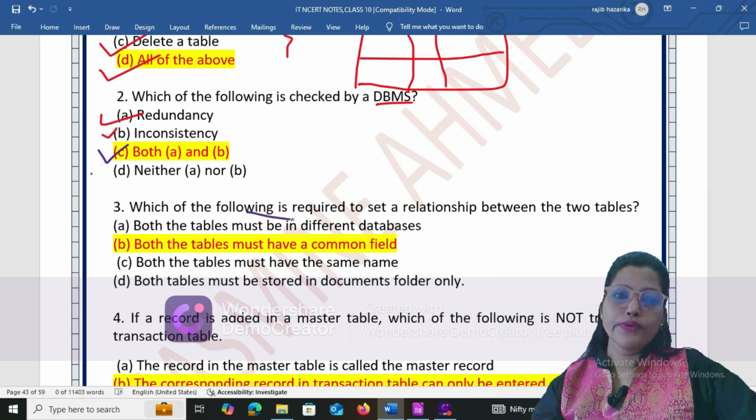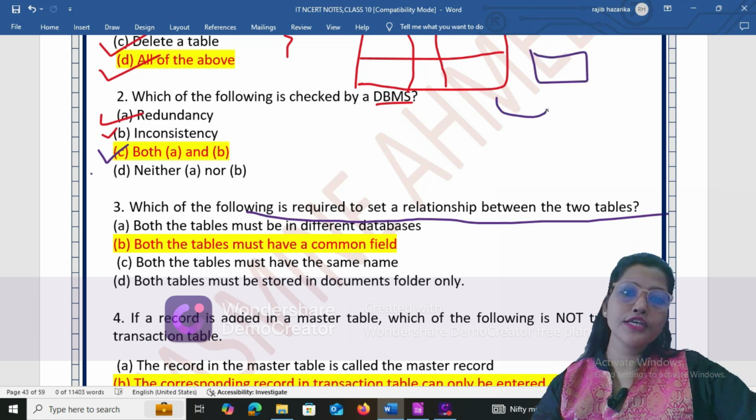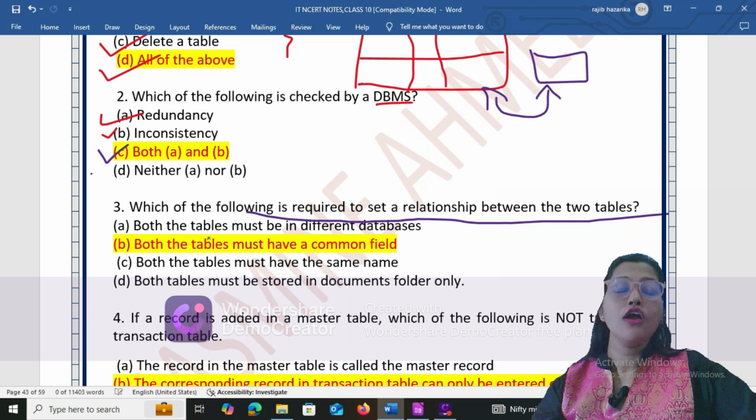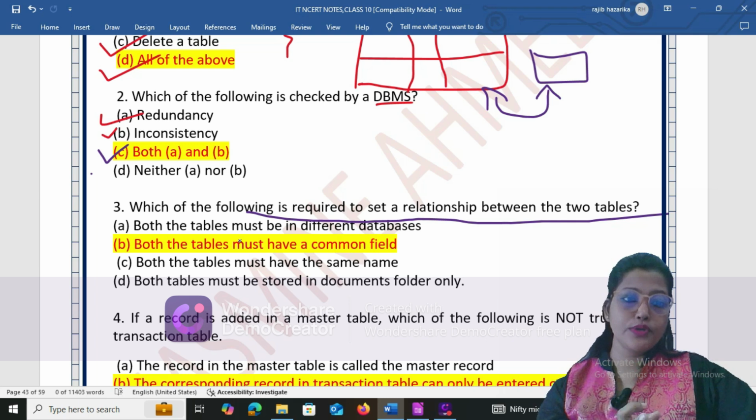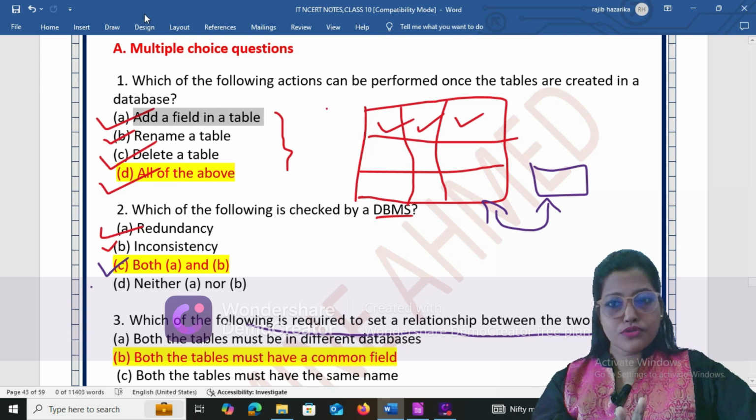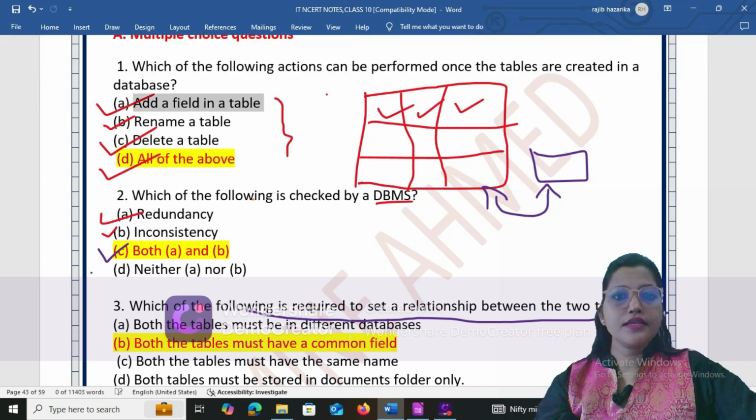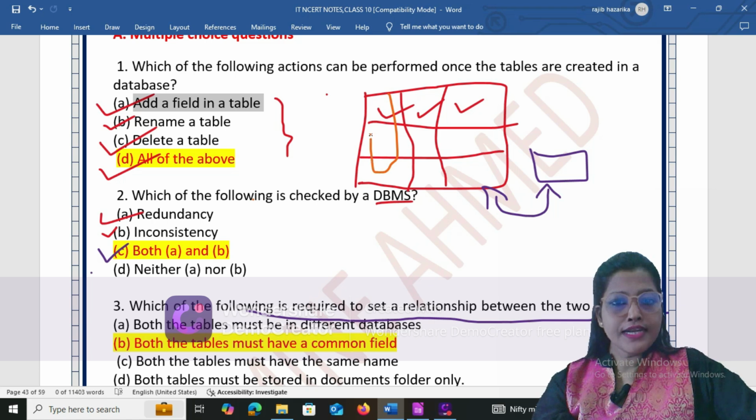Then which of the following is required to set a relationship between two tables? So this is a table, this is another table. If you want to set a relationship between these tables, then what is required? We know that to create a relationship between anything, some common thing is required between those two tables, right? For example, in this table and this table some common field is required so that